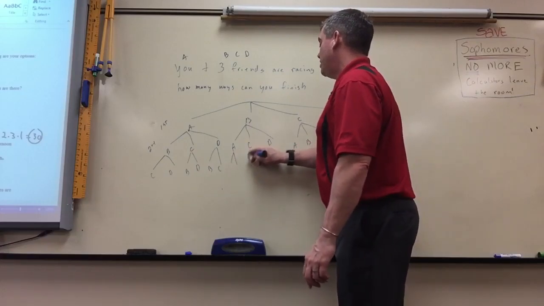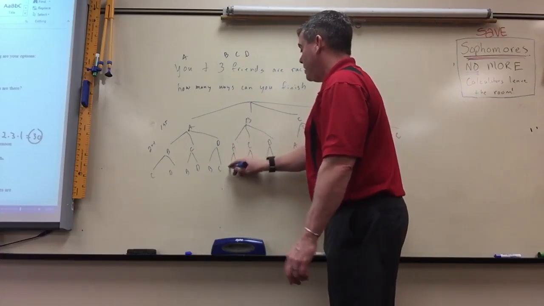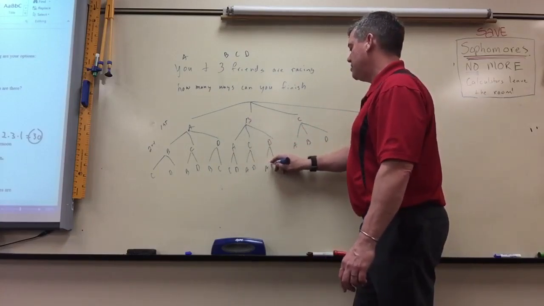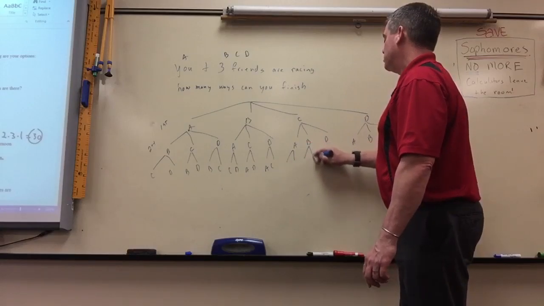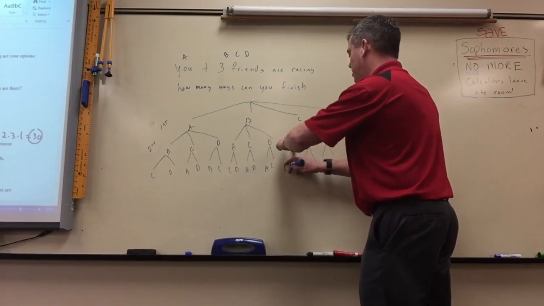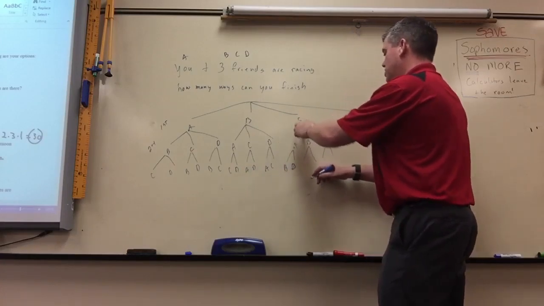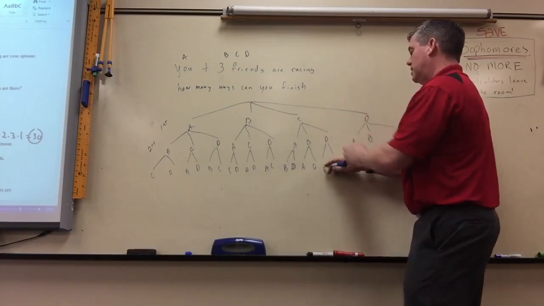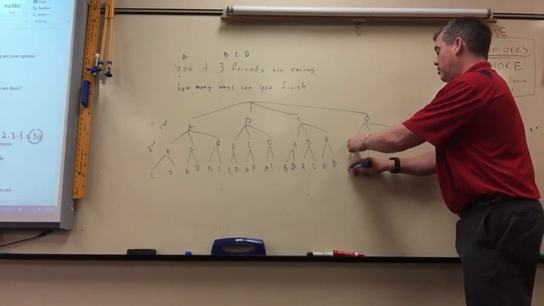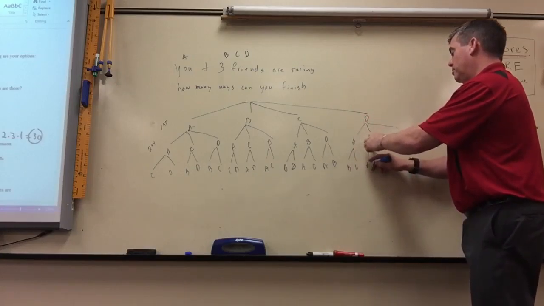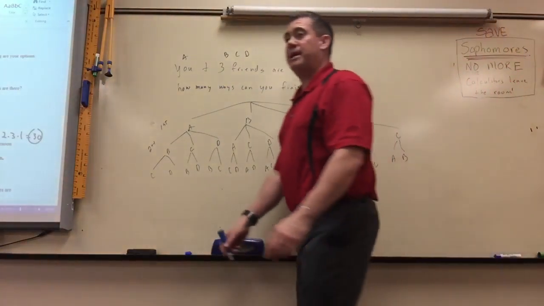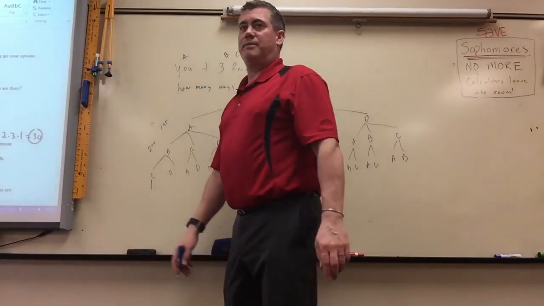Then you got to do that here. B and A, so that's C and D. B and C, so that's A and D. B and D, so that's A and C. So then C and A would be B and D. C and B would be A and D. C and D would be A, B. A and D would be B, C. D and B would be A, C. D and C would be A, B. Then the last branch, there'd only be one option left for each one, right?